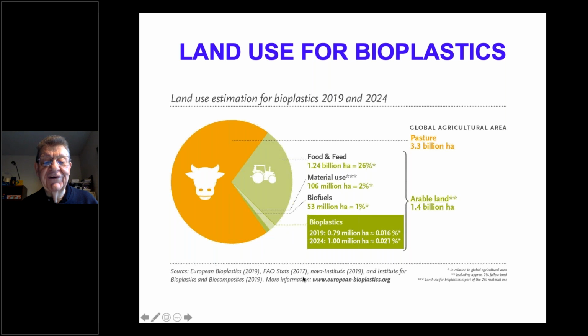Materials from agricultural materials are this amount here, and biofuels are this little sliver here. And don't forget that biofuels is a much bigger industry right now than bio-based materials or bioplastics. Bioplastics, you can barely see the little sliver that it's going to be taking. This little bit here, that by 2024, it will be 0.021% of land use